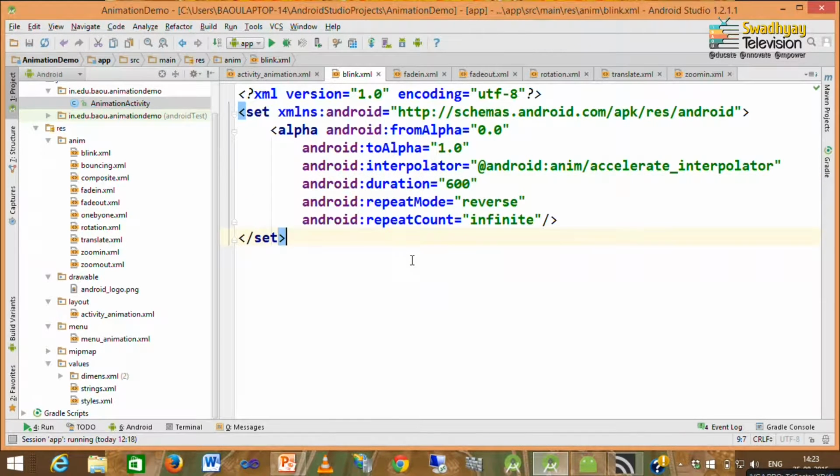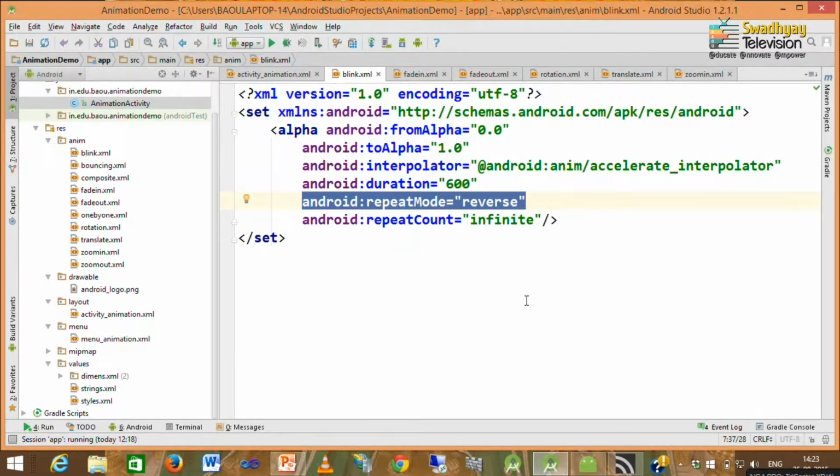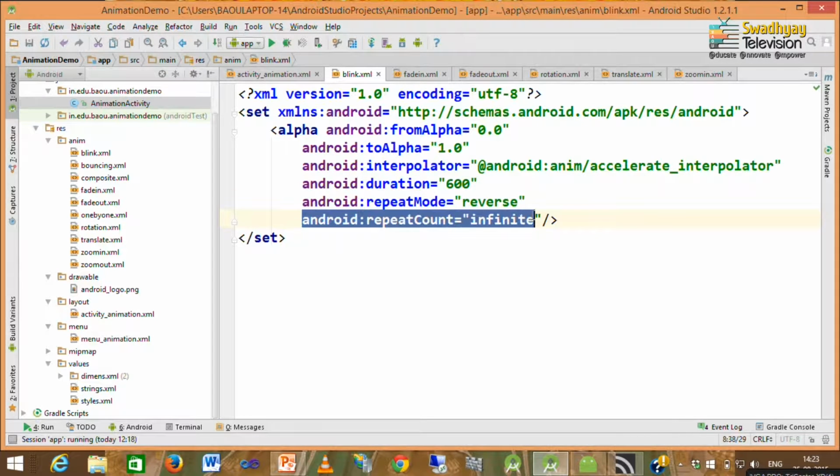So, it means 0.6 second, and here repeat mode is reverse and repeat count is infinite. So, this blink continues forever. So, this is how we can achieve the blink effect.